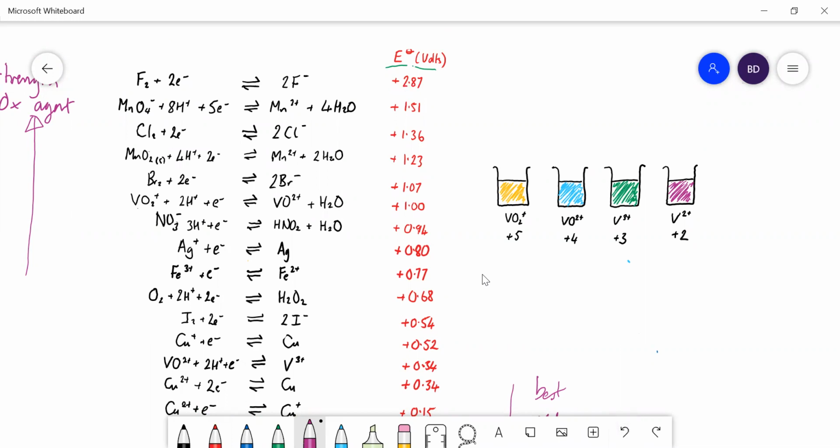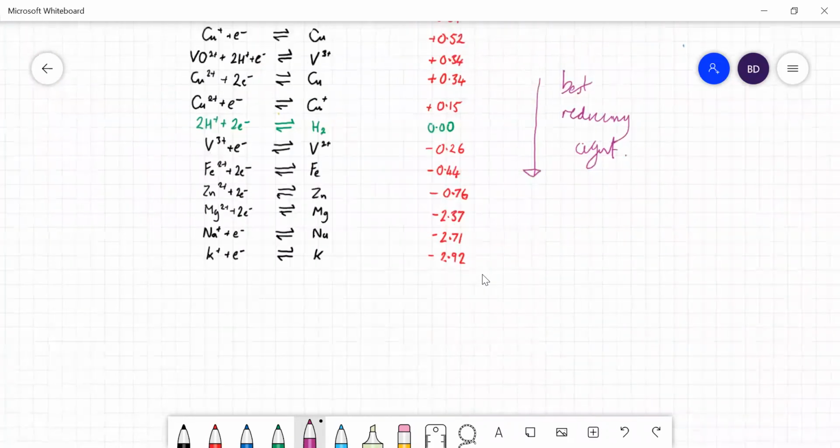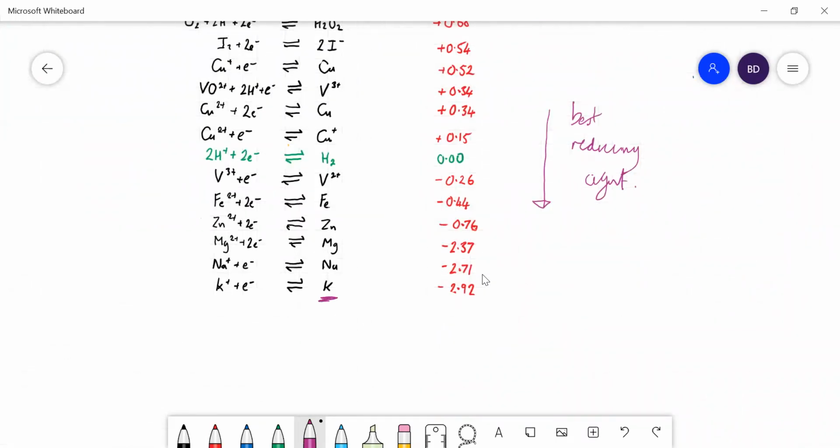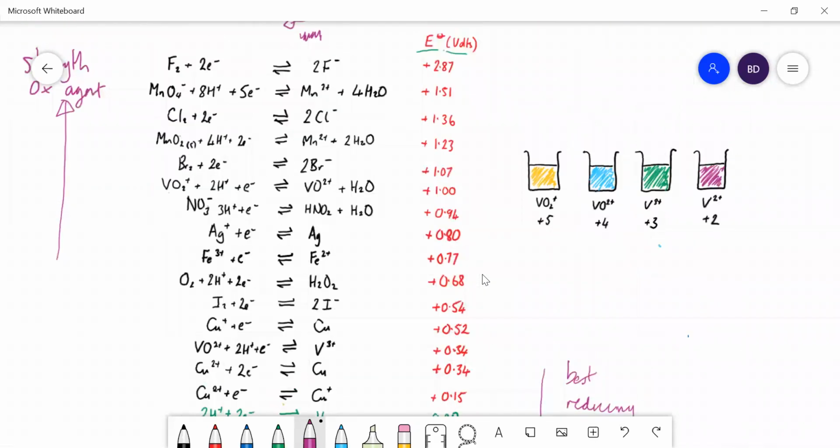And on the right-hand side of the column, we've got a load of reducing agents. They've got the potential to go backwards and give out electrons. You can see fluoride is a very, very poor reducing agent. It has virtually no tendency to push away electrons because it's so positive. Whereas at the bottom of this column we've got potassium, which is a very good reducing agent, at minus 2.92 volts. It's very good at pushing away electrons, so it's going to go backwards and form potassium ions. So that's the electrochemical series, and we're going to use it today in this video to answer some questions